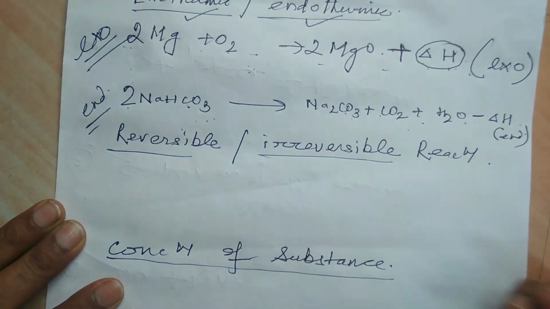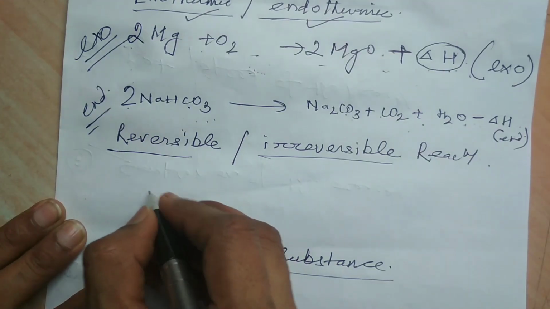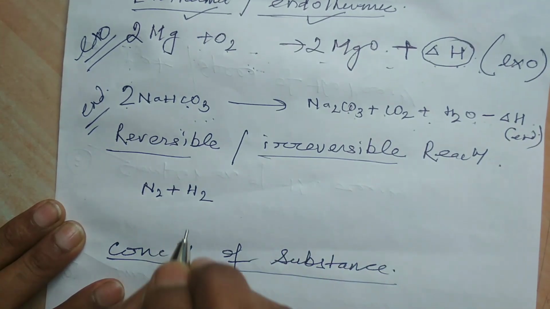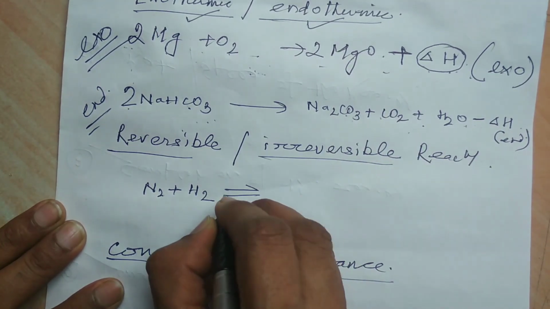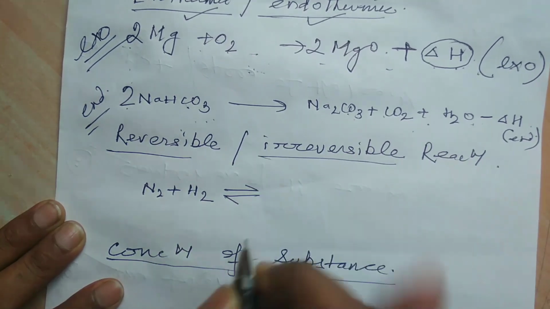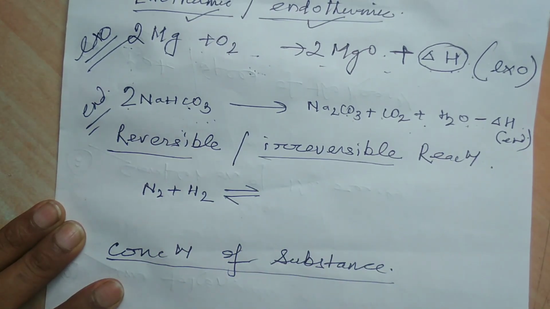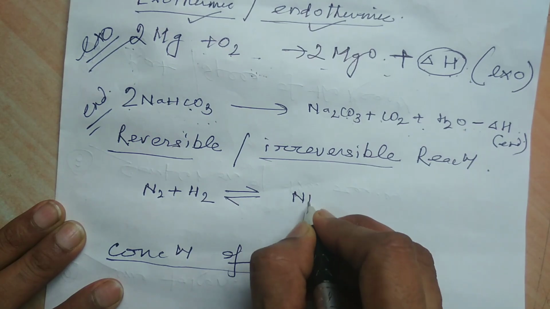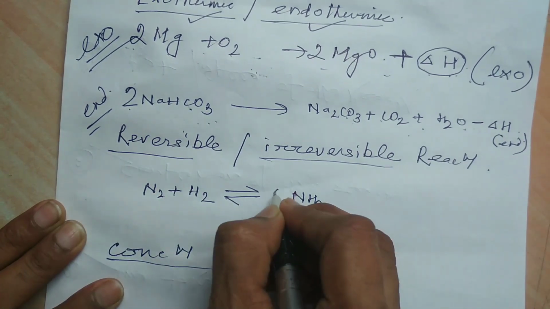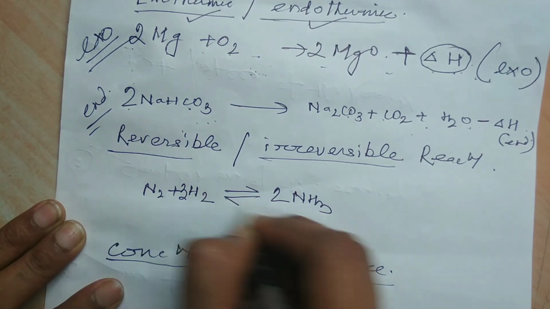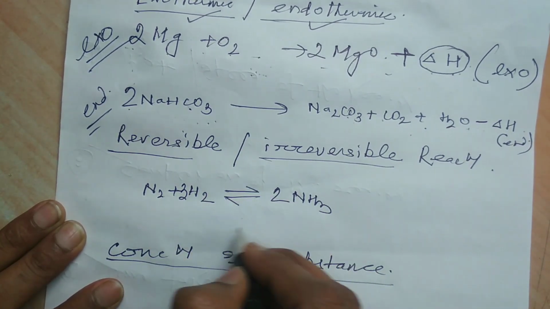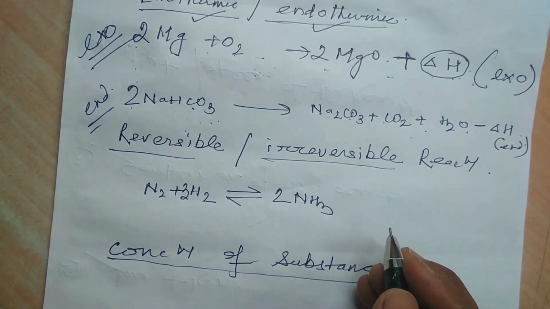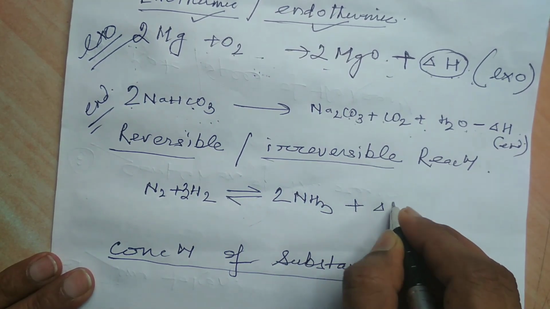We can also know about reversible or irreversible reactions. For example, nitrogen reacts with hydrogen, and we know that this is a reversible reaction. So this can be represented in this way. A single arrow indicates an irreversible reaction, but an arrow in this way indicates that this is a reversible reaction. So to represent a reversible reaction, we have to give this reversibility sign. Okay. And since it is exothermic, so it is del H.